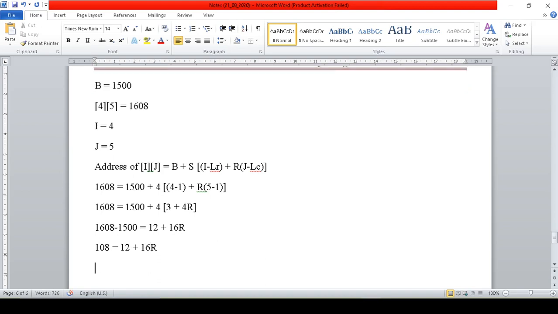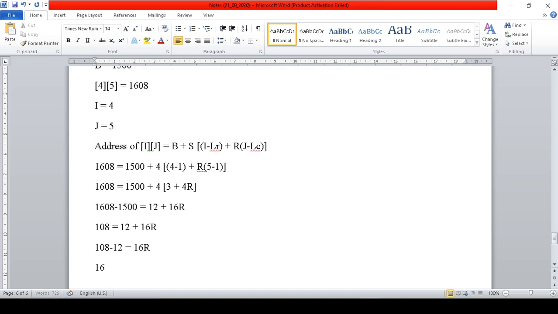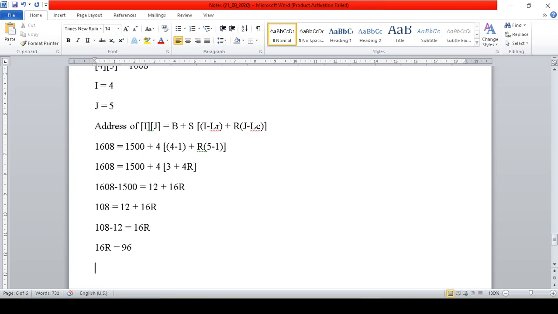So 12 will come to this side, so that will become 108 minus 12 is equal to 16r, or you can also write it as 16r is equal to 108 minus 12, that will be 96, and we know 16 times 6 is 96, so r is equal to 6.